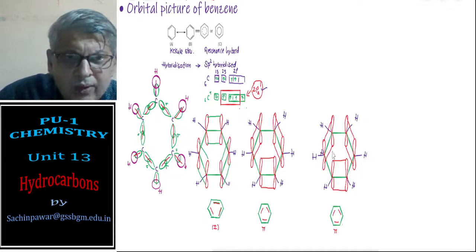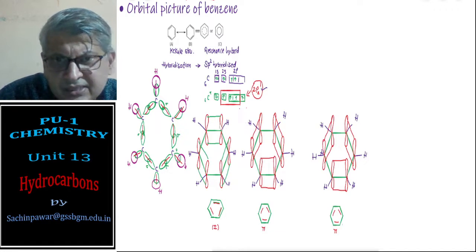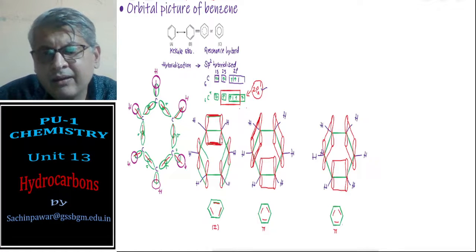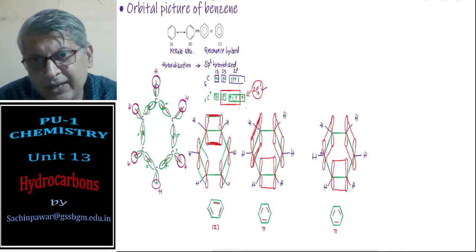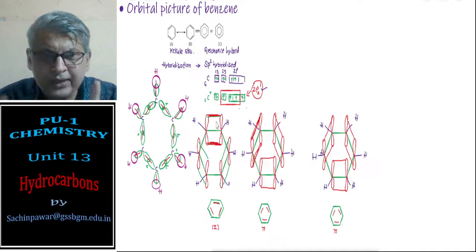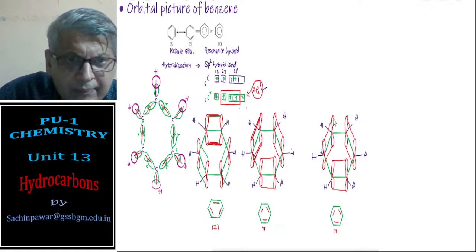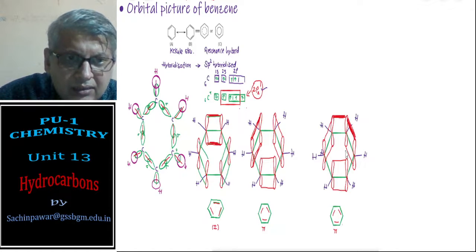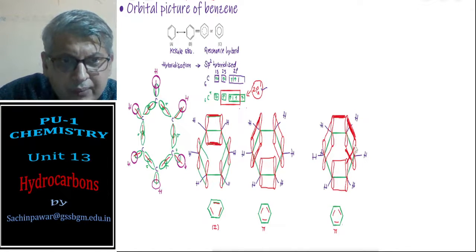Okay, now just check. Now here the overlap I can show. In this structure I have shown the overlap between these two. Here there is no restriction that the overlap should take place between the respective pi orbitals only. Here the overlap takes place in all; the sideway overlap is possible in all the pi orbitals, and you see what I am getting here.